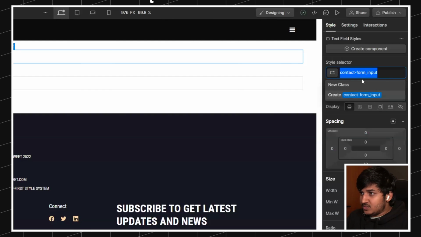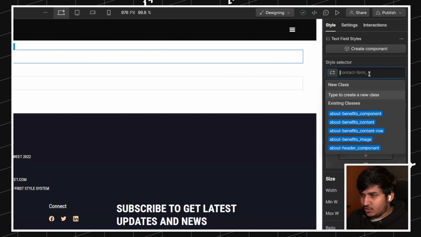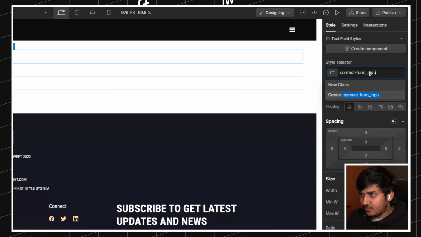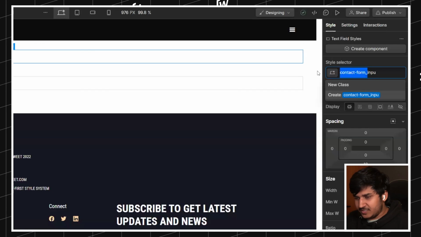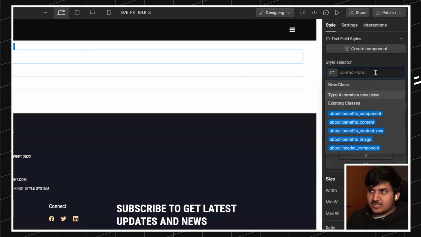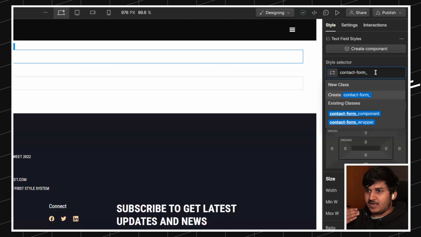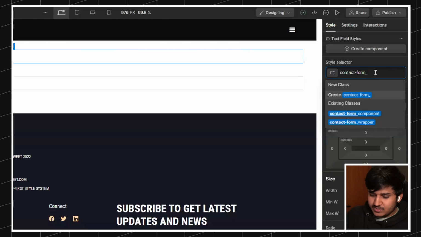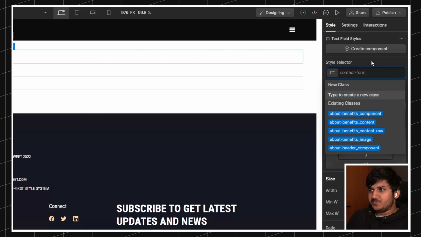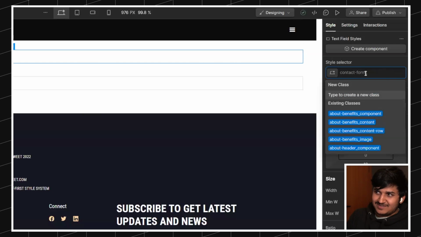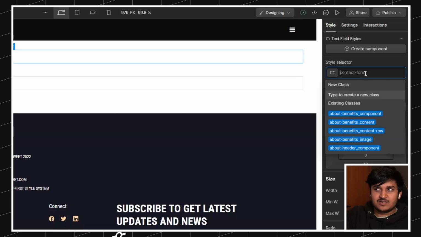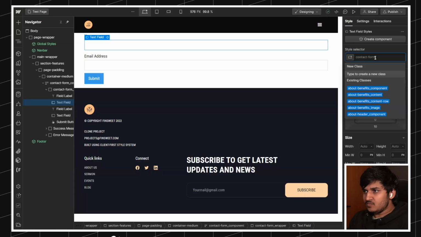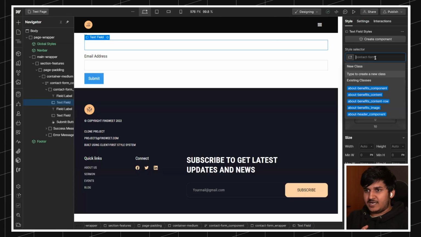One thing you could do is you could copy what you are typing. So for example, you are typing contact form input. You can copy it like this, and whenever you are typing a class, you could paste it. But again, I think it's not the most efficient way. What you can do instead is use the Potato extension. You can see that when I'm focusing here, it shows me a placeholder. You will not find that inside your designer because Potato is not there. So what Potato does,